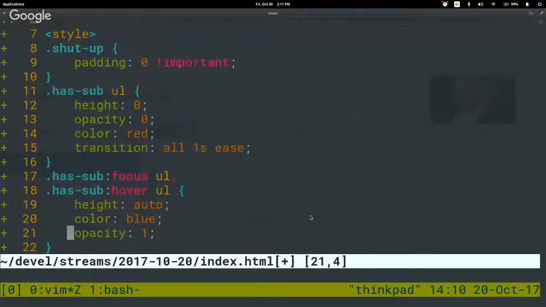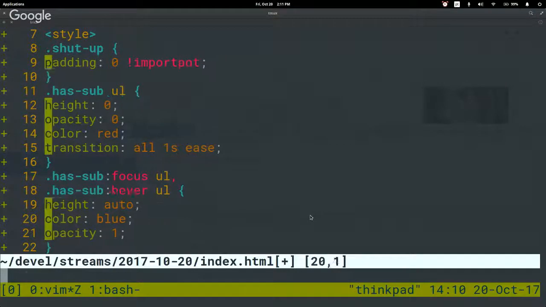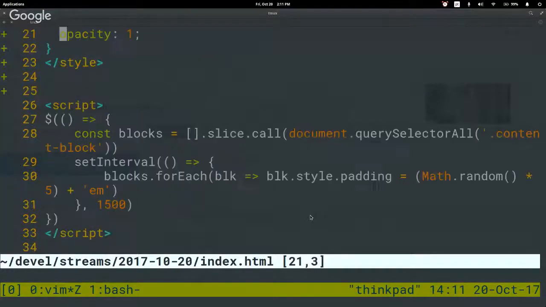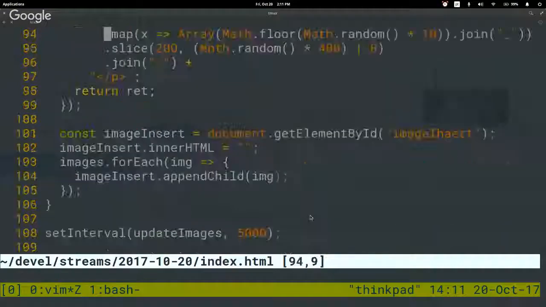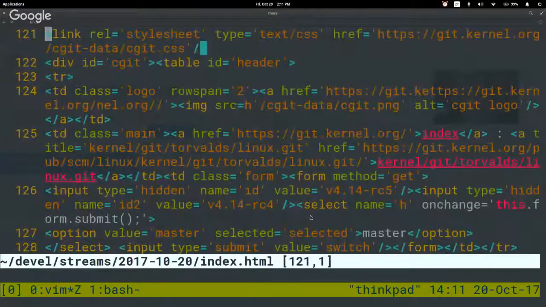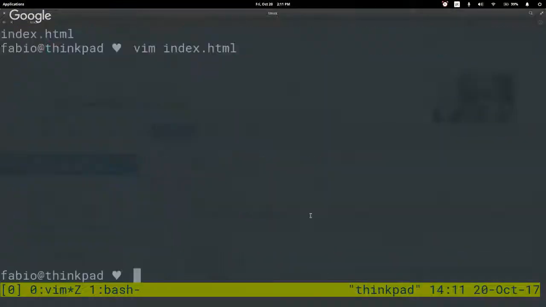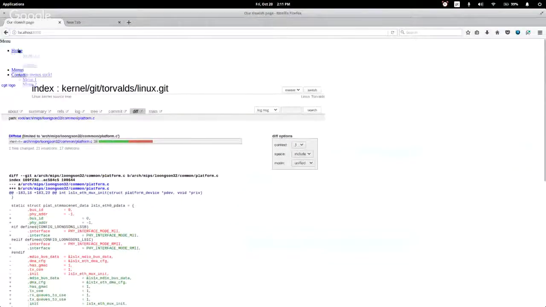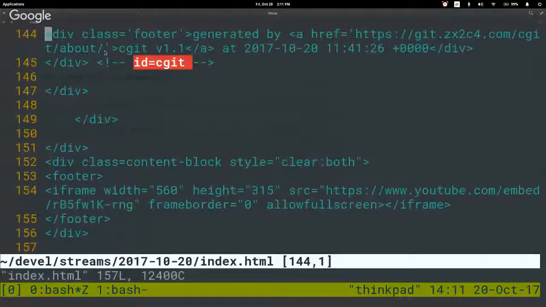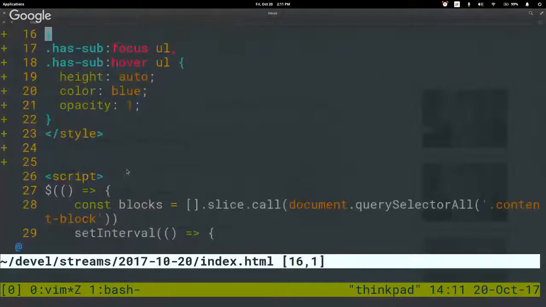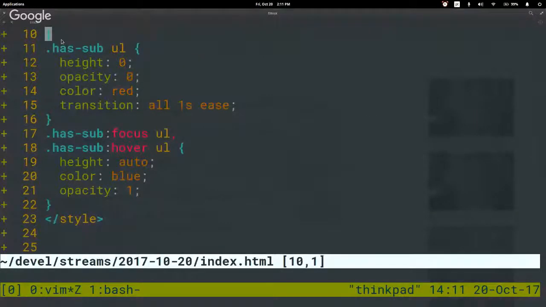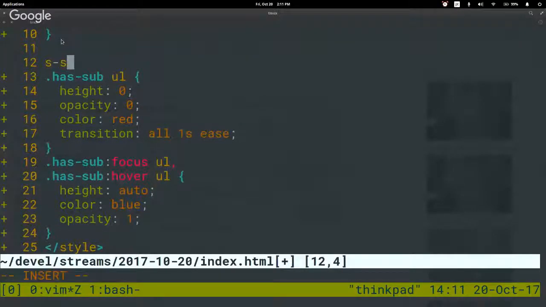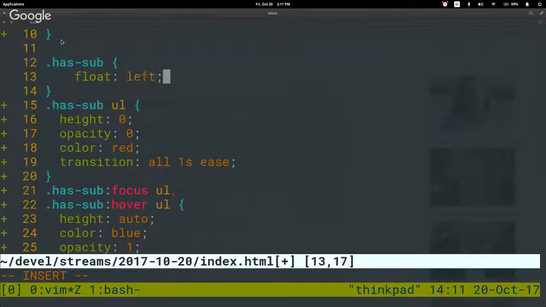So I'm going to try and indent our CSS correctly here. I think that it's really just some bad Vim configurations that I have. And another thing that comes to mind really is menus are completely vertical. So I would like to make them horizontal. So has sub, has float left,